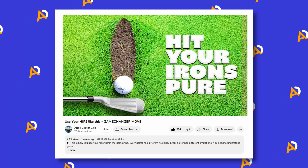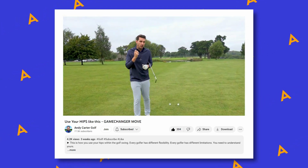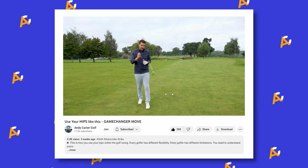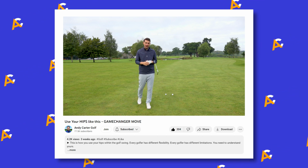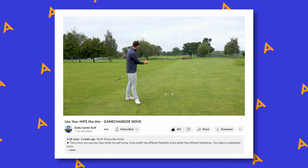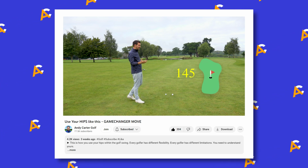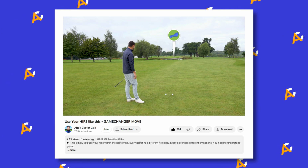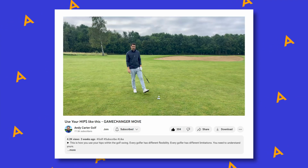How many times on the golf course do you get over a golf ball with an iron in particular and get worried about the quality of your ball striking? A lot. I hear you say a lot because it is difficult. Ball striking, consistency of ball striking, hitting those pure iron shots is not easy. And specifically in a scenario like this, I'm 145 yards from the green. I've got water in front of the green. And yeah, it's a pretty daunting shot. I've got bunkers left and right. I've not really got much of a bailout. My irons